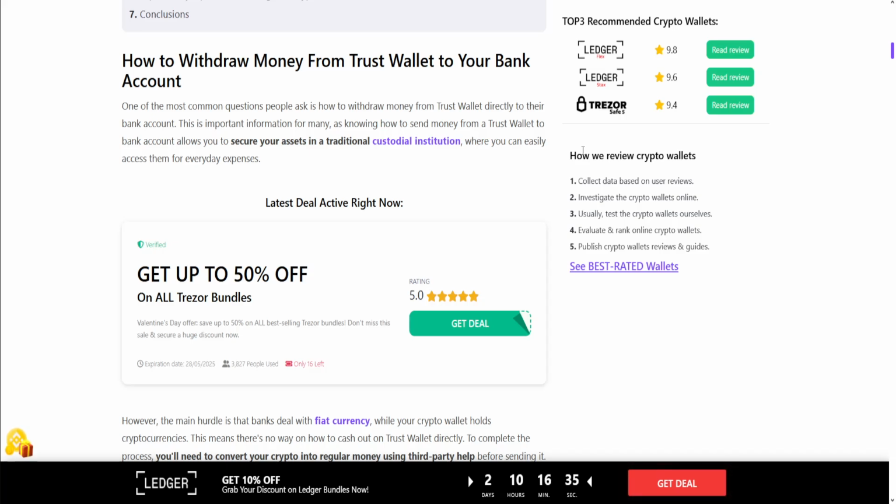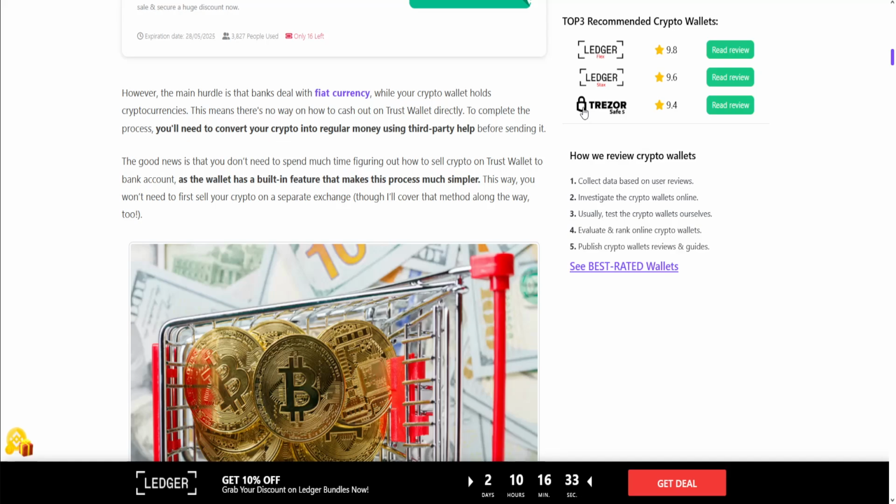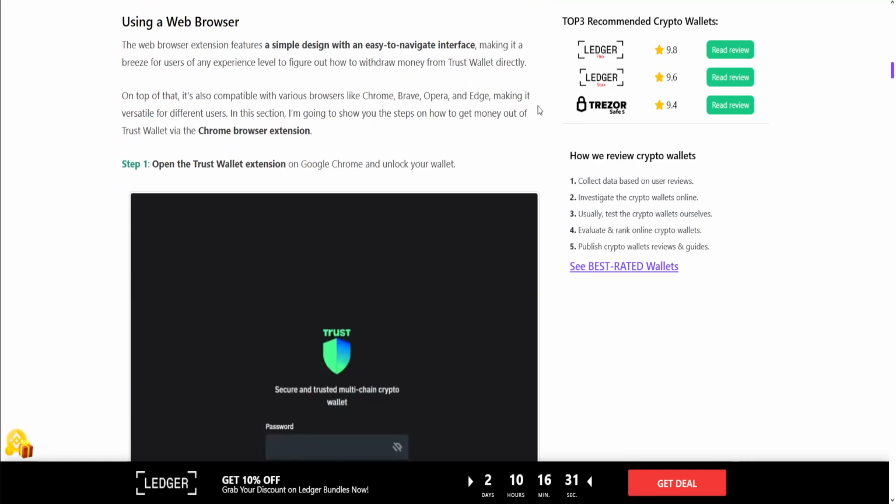How to withdraw money from Trust Wallet to bank account. Let's get started. So first thing you want to do on a web browser is open the Trust Wallet extension